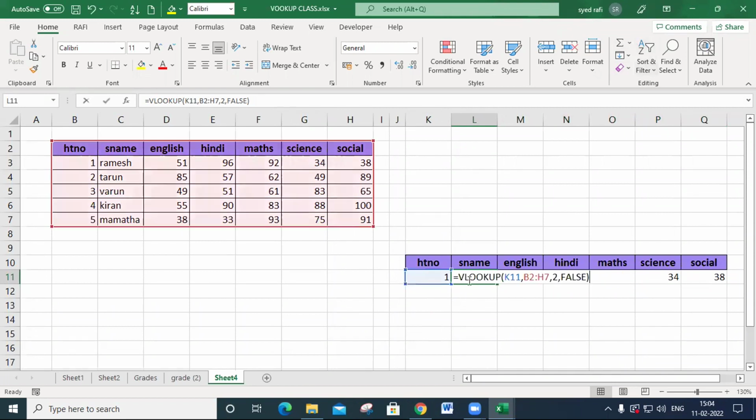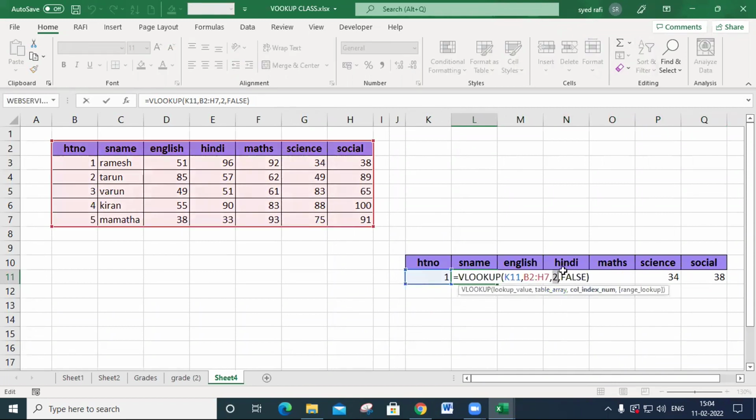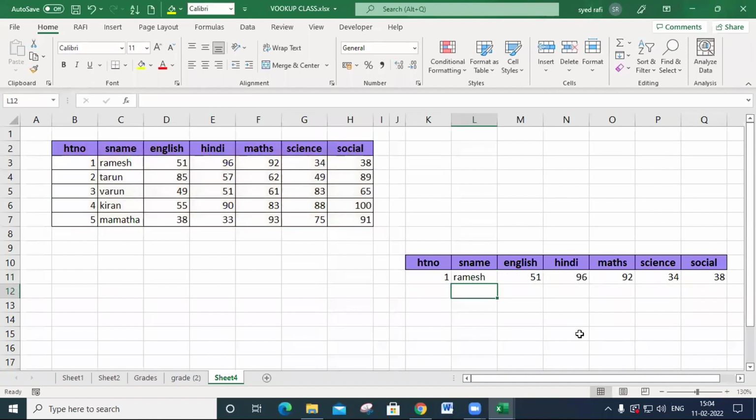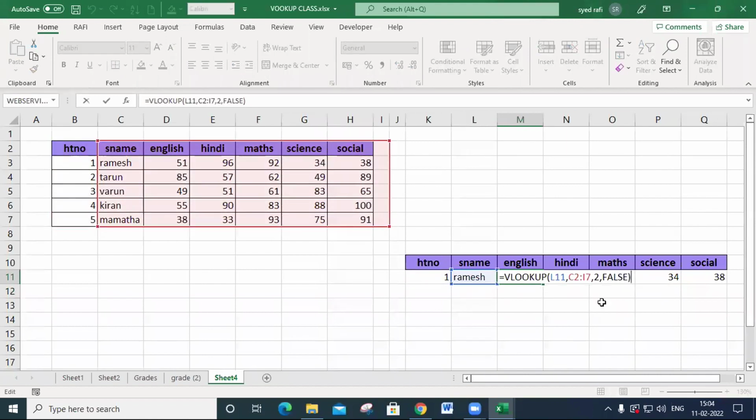So what is the meaning of this column index number? What is its meaning? Sir, it is representing the column of our selection. Yes, very good. It represents the column number. So it is mandatory. Is it mandatory? Yes, sir. Yes, very good, nice answer. It's mandatory. But how is it displayed like this? I entered a 2, but it displays the answer.